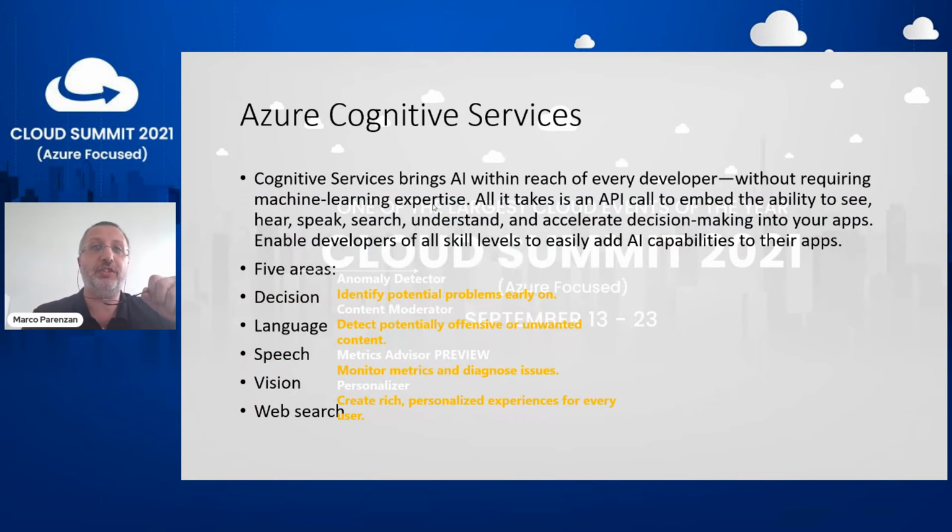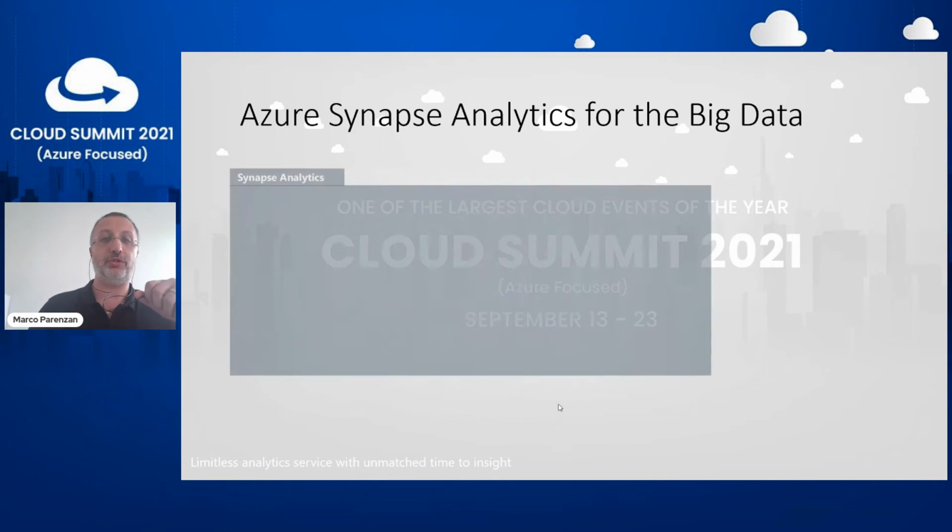Then there are cognitive services in which you have different areas, because you have custom vision, you have speech, but also you have a decision area where there is the anomaly detector. The anomaly detector is an out-of-the-box service, a SaaS service in which you call a REST API, you send the data, and you obtain the output. You don't have to teach anything. You don't have to configure anything. You prepare a REST request and then obtain the response.